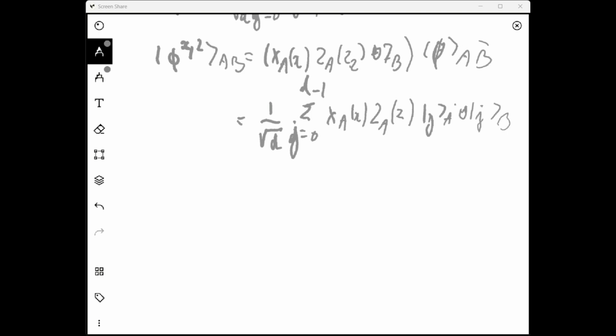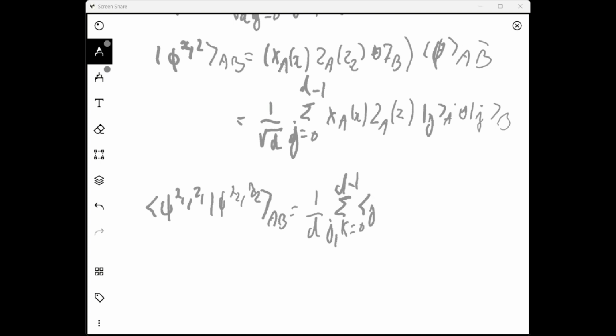And so if you calculate the scalar products, you just get 1 over t of the sum of g k equals 0 to t minus 1